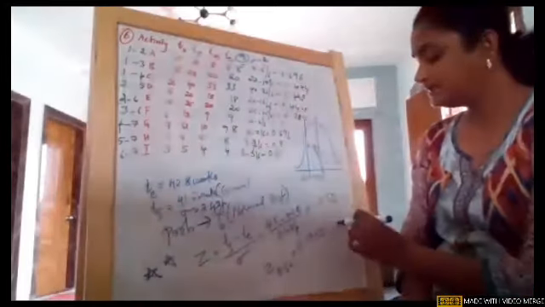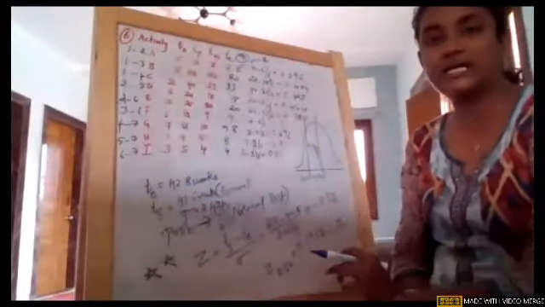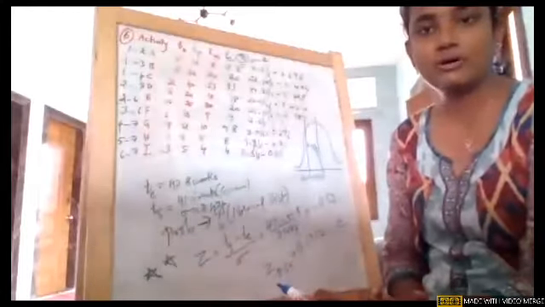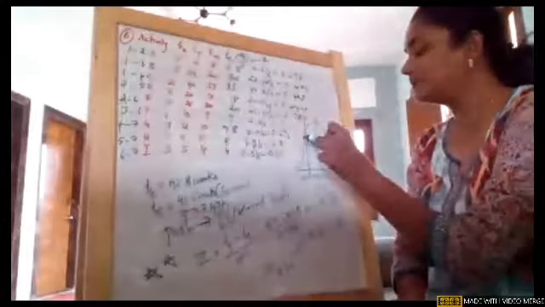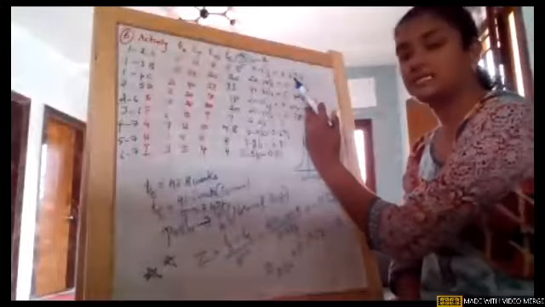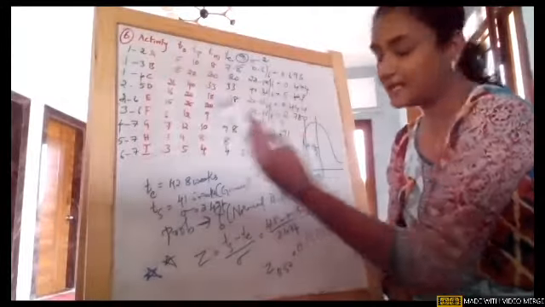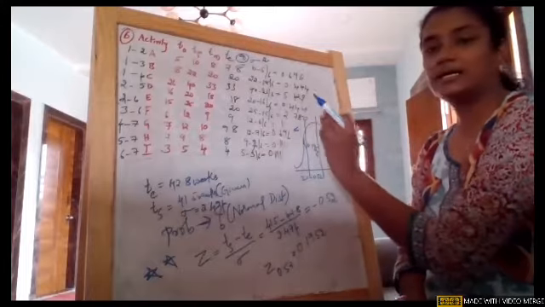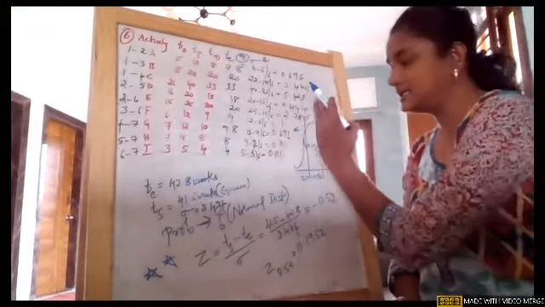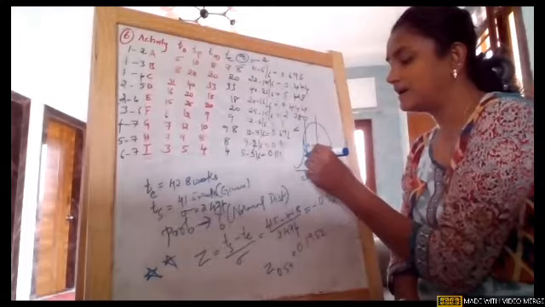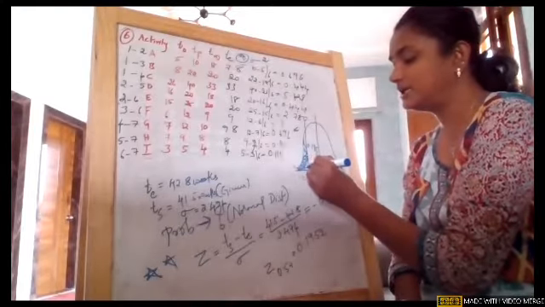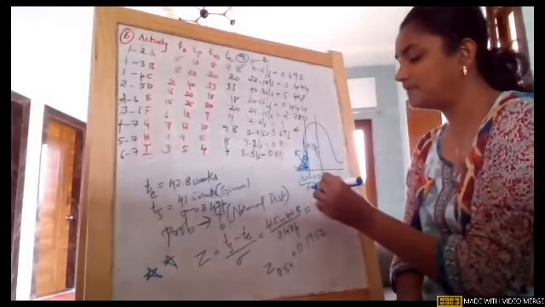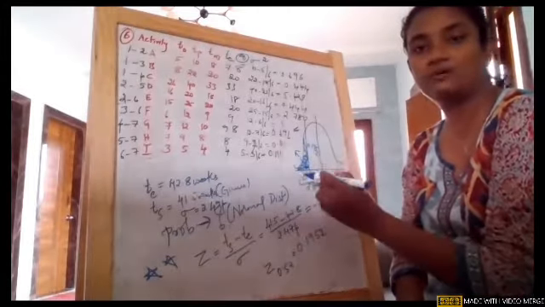So it is simple. If you remember, the shaded area means less than or equal to. So if this is our Z line, it is to the left side of it, the less than symbol. Within that particular time, they need to complete. That means it is less than symbol, if you remember the normal distribution. So we need this shaded area. You remember the left side half of the curve is 0.5.